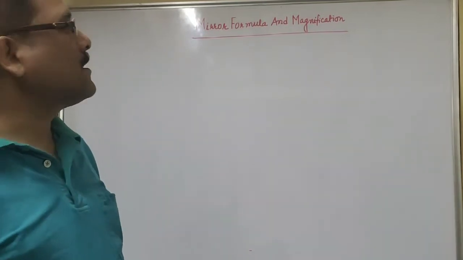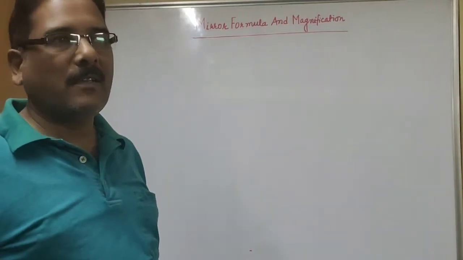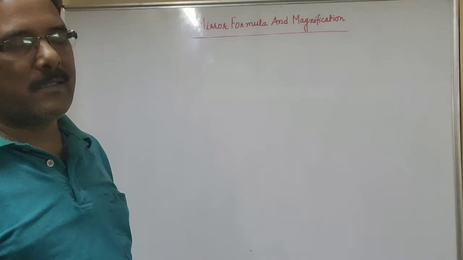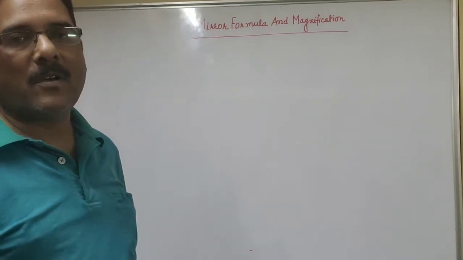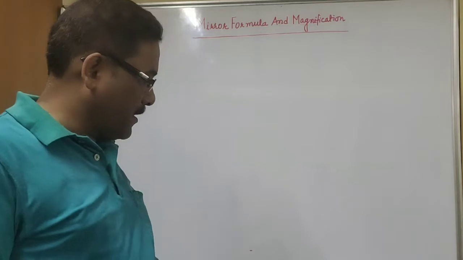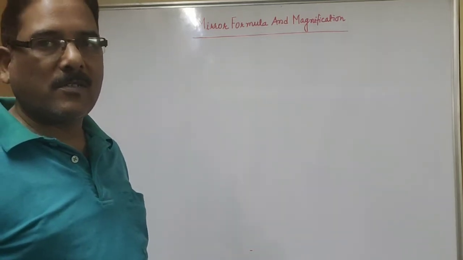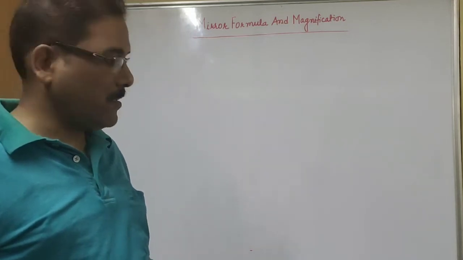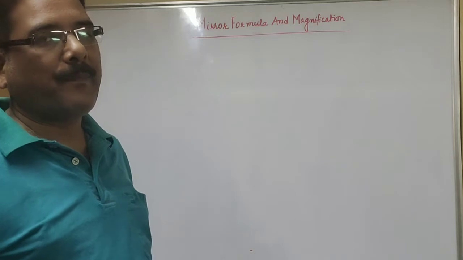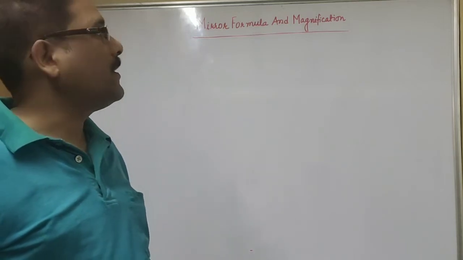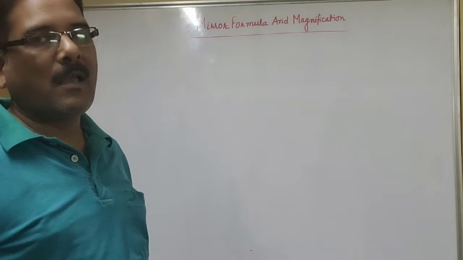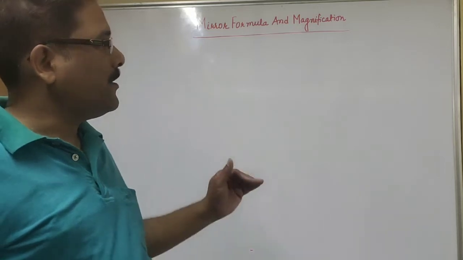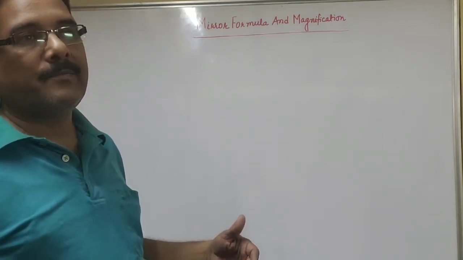Last class we discussed mirror formula and magnification, and I gave three important questions. I don't know whether you have solved them or not, and it is difficult to check all the homeworks because some students are regular but some are not giving full attention, and it is a very important topic. So I am solving these numericals to some extent, and if you have done them, check whether you are right or wrong, and I will solve them so that you can make your concept further clear.